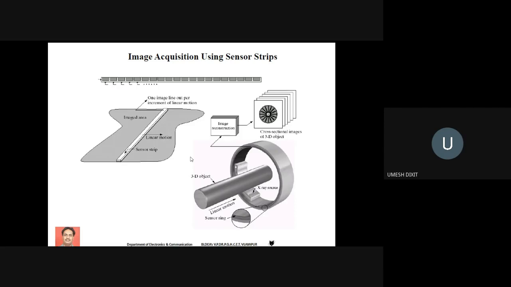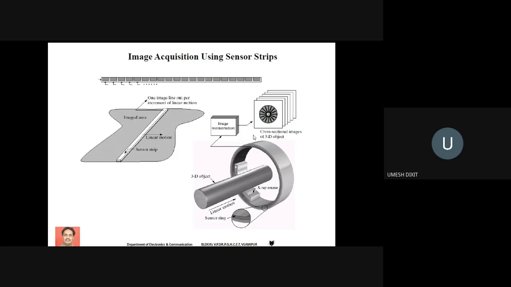A very good example is the Xerox machine. In the Xerox machine, initially the image is scanned. There exists a strip which will generate a huge amount of light while scanning the image, right? That strip will scan one line at a time, but to scan the entire document, that strip is going to move vertically, right? That will produce the entire image. The same kind of arrangement we can use to capture the image by using sensor strips.